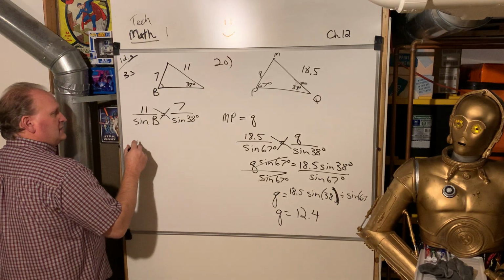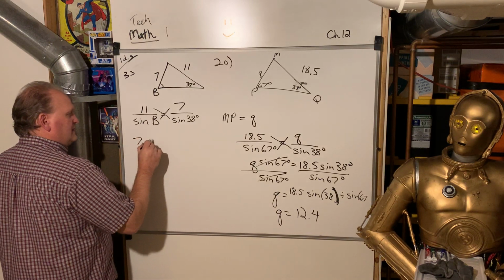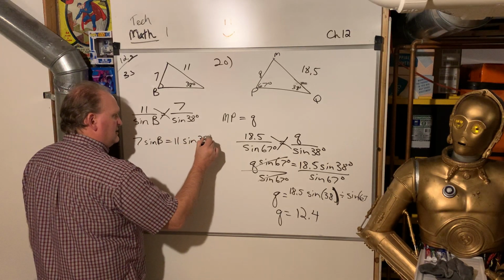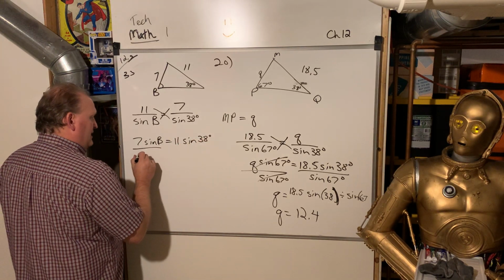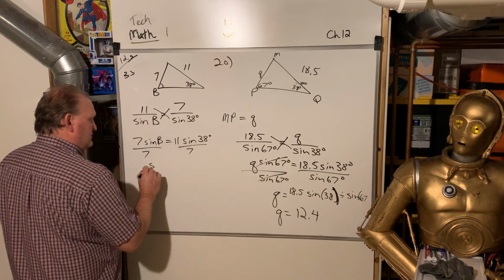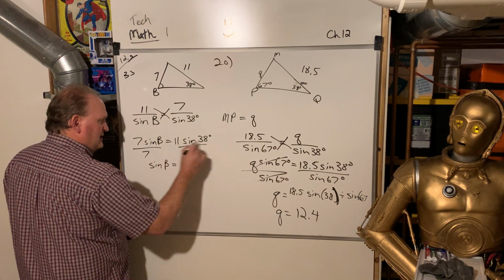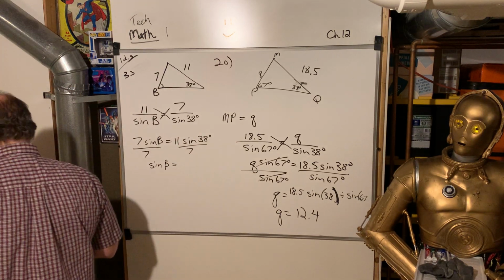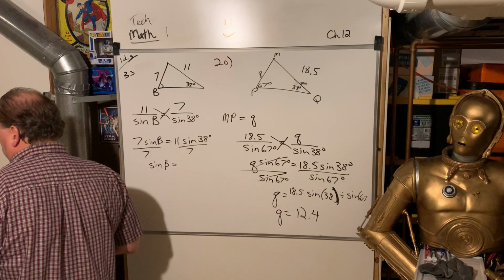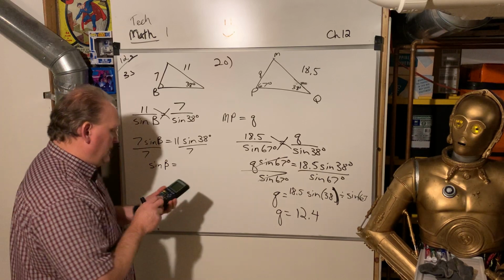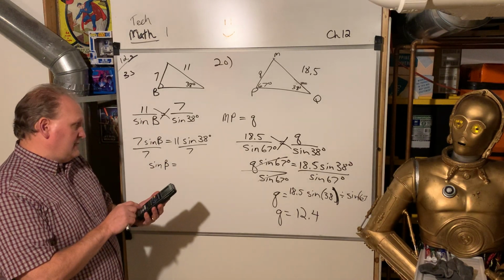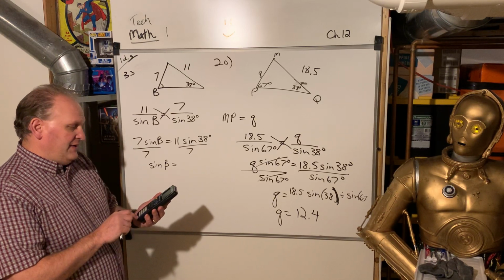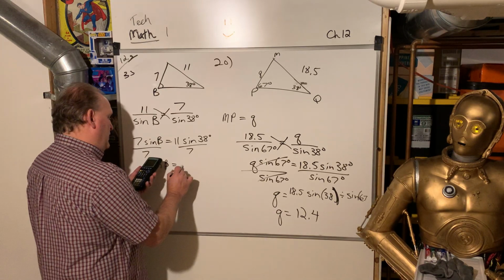So now let's cross multiply and solve, but this is going to be a little trickier than that. So we got 7 times sine B equals 11 times sine 38 degrees, except then we divide it by 7. So we have the sine B is equal to this. Well, this we can figure out on our calculator. It's probably not going to be pretty. Let's go 11 sine 38 and parenthesis divided by 7. So that's this decimal,